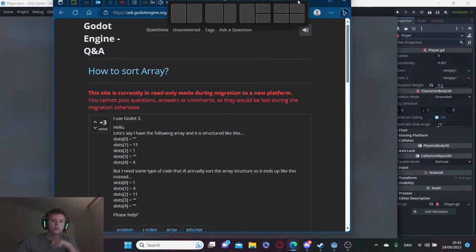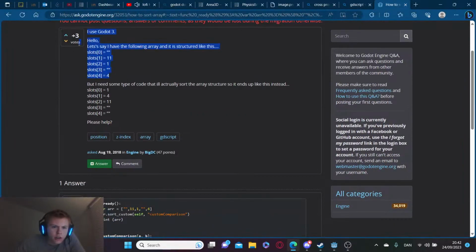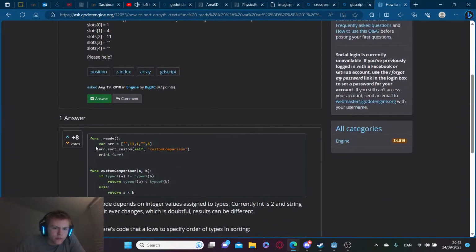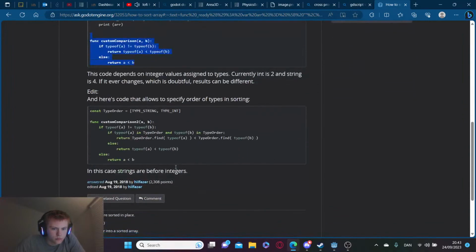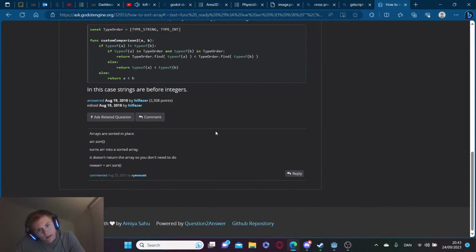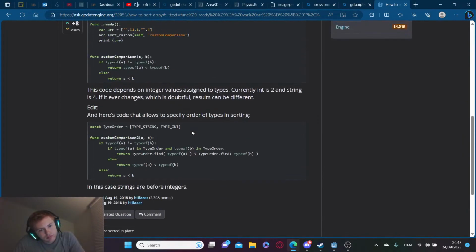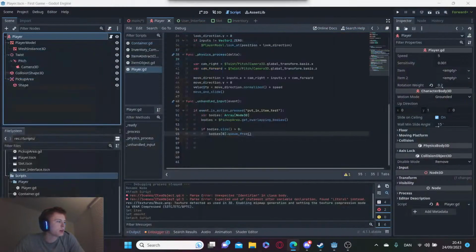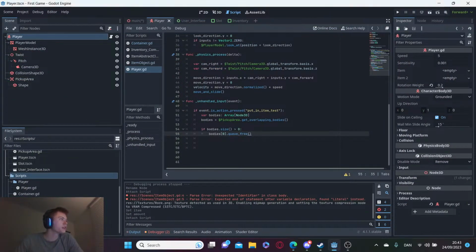I found this on the forums. Can I use this, maybe? So this is based on a slot with items in it. And then you can make your own custom function for sorting. I'm not going to use this if it's too high level. I'm just going to do it the way I know will work. But yeah, anyway, let's quickly make a